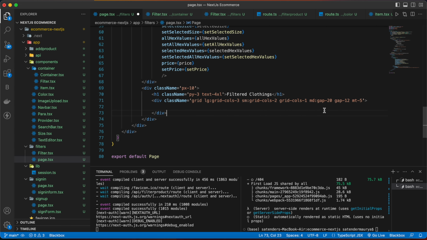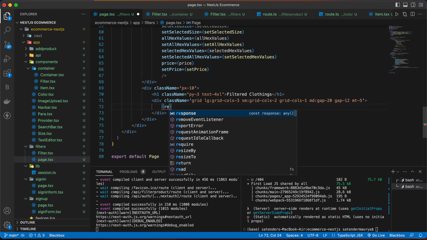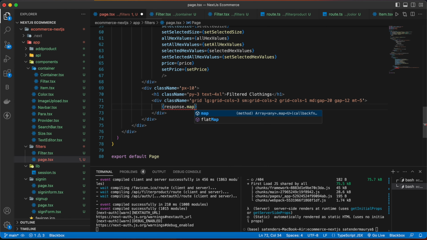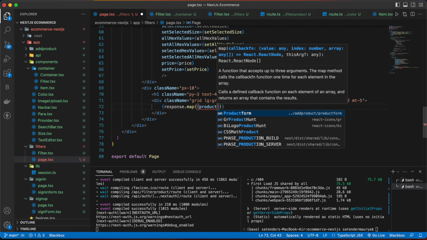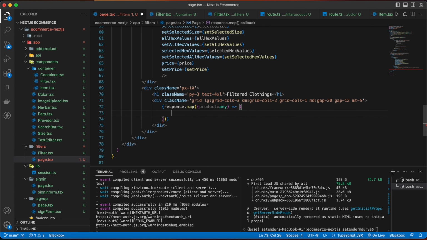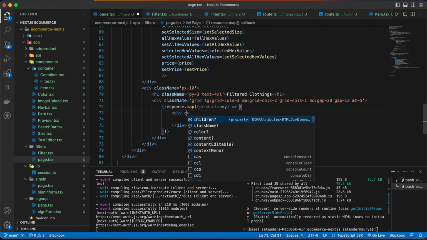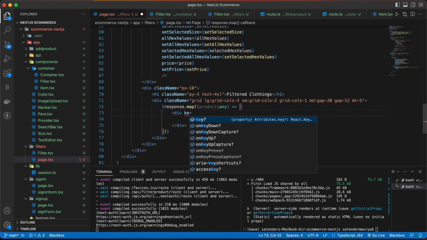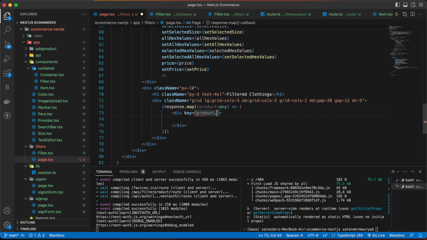Now we are going to map over the responses. So write response.map, then product, which will be type of any, and then add a div with the key value of product.id,